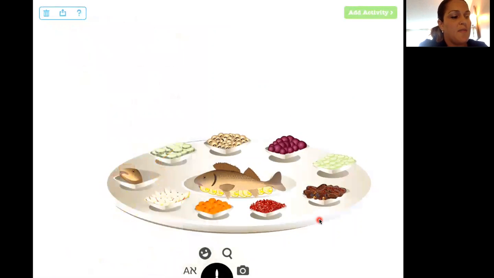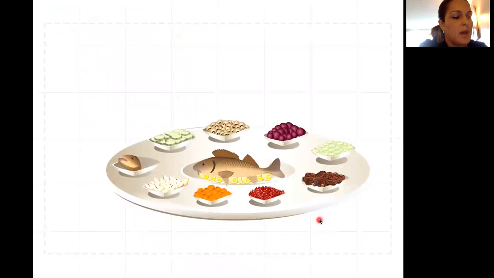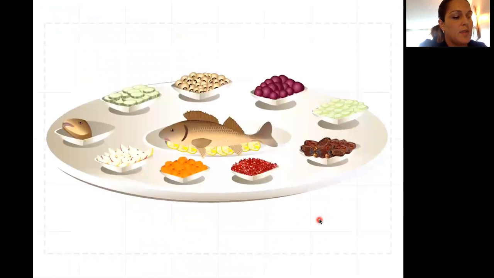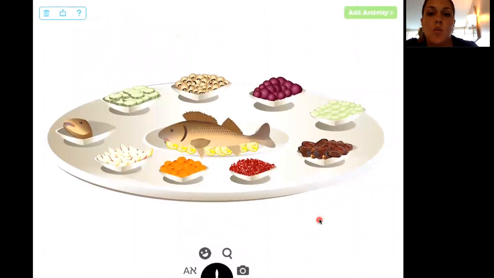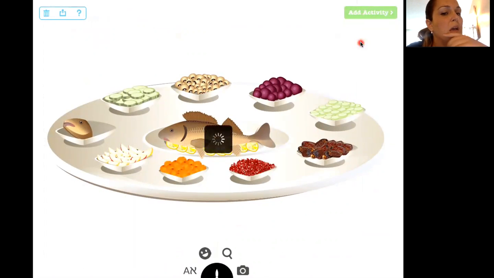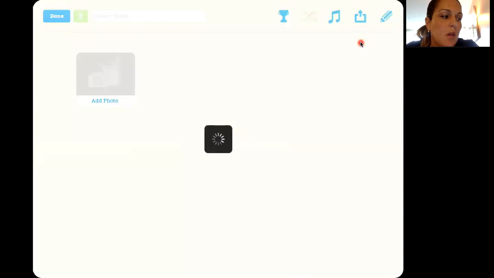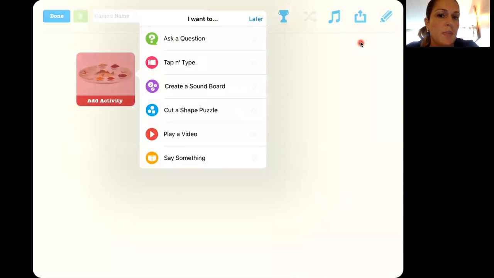Okay, so I want to make an activity with just this picture that has everything on it. So when my slide is ready, I'm going to go to where it says Add Activity, which is up here, top right-hand corner, Add Activity and Next. Okay, and here is